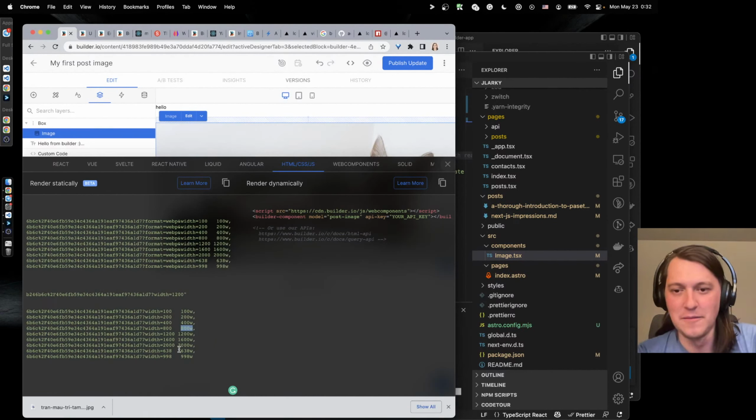It's not copying, but just like that. Yeah, just download this image to your CDN, so you don't have to pay Builder for page views and stuff.